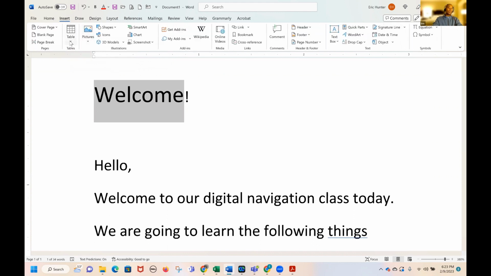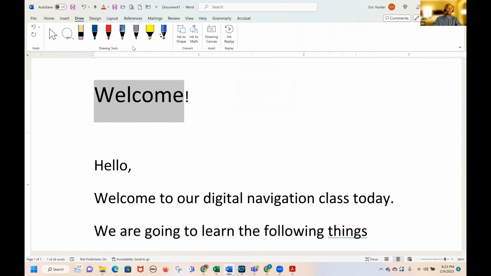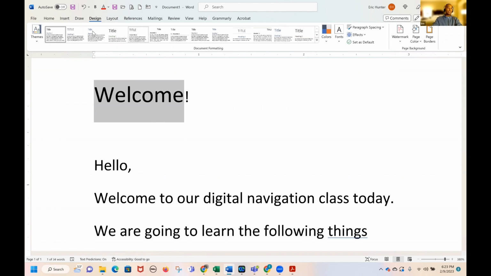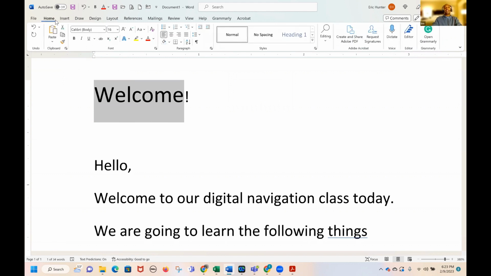Under the Insert tab, you can insert a table, you can insert a blank page, you can insert pictures and shapes, smart items, bookmarks, all kinds of fun things you can insert. Draw, of course, you can just draw on your page. You can add a signature, design. There's multiple things that you can do there. So there's just a lot of stuff that you can do, but we're primarily going to be working in the